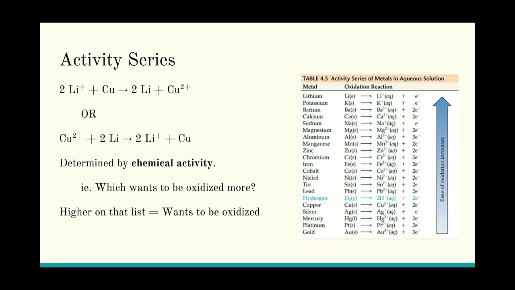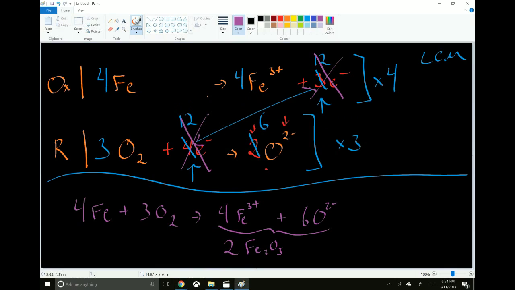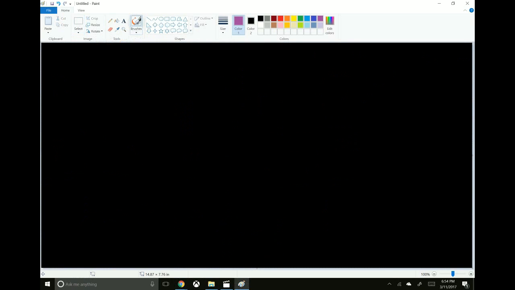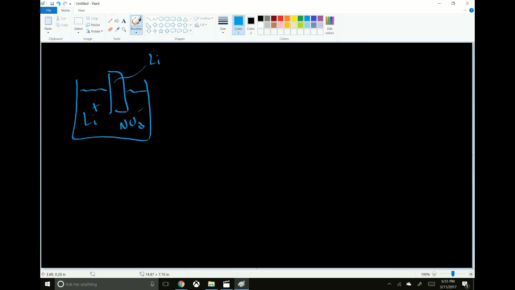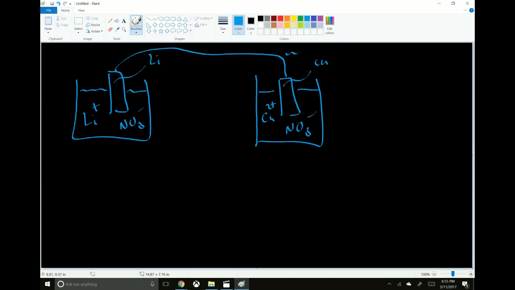So, for example, if you have a solution, let me change to a brighter color. If you have a solution of, say, lithium nitrate and a bar of lithium metal hooked up with a bar of copper metal in a solution of copper nitrate. If you mix them together, or you hook up a wire so that they can react sort of at a distance,